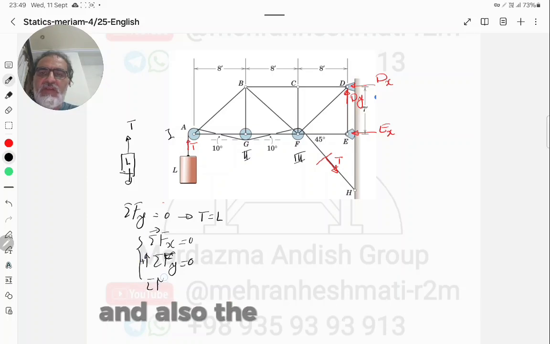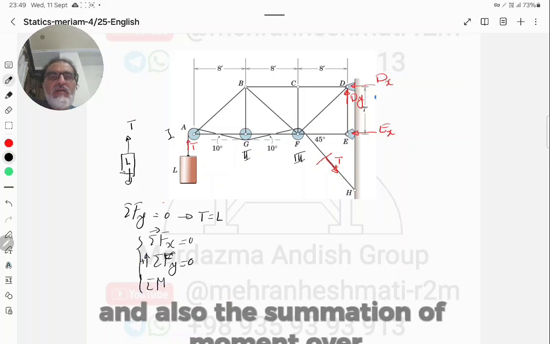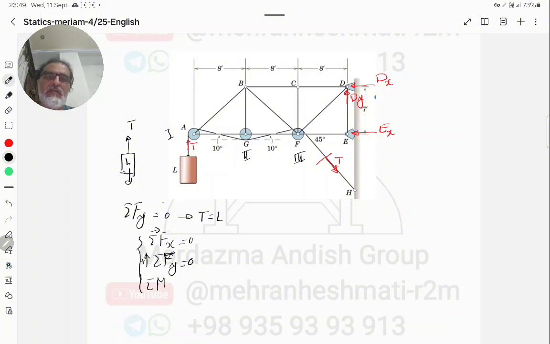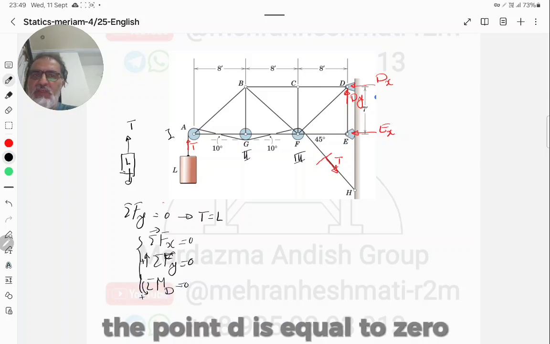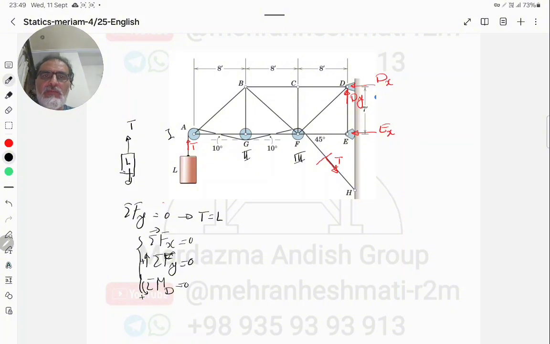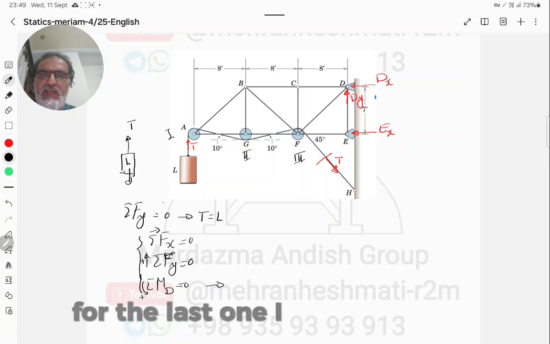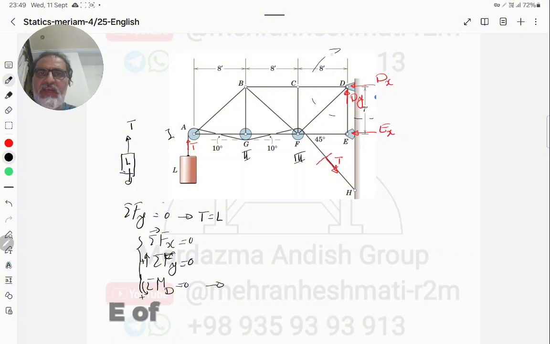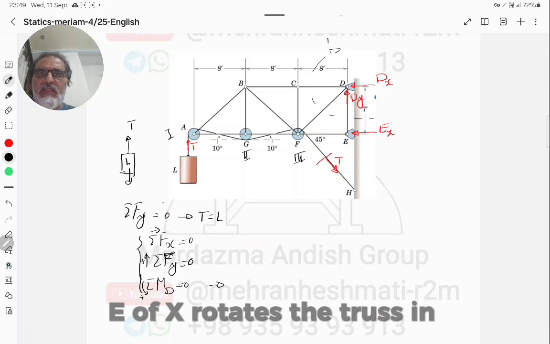And also the moment over, for example, the point D is equal to 0. For the last one, I can write that you can see D of x rotates the truss in negative direction over